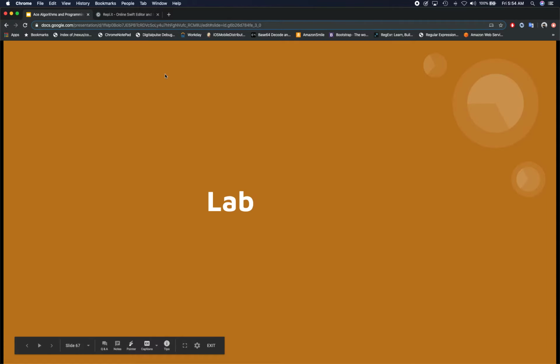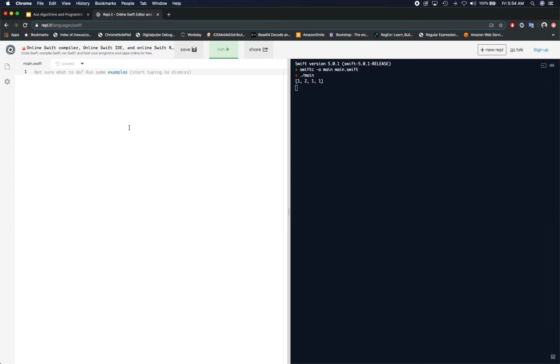But here is how the lab is going to look like. So let's build it in the code. We're going to create a function internal,